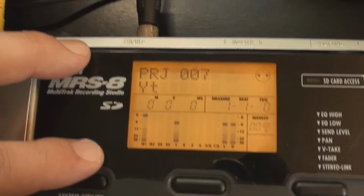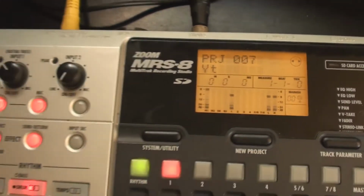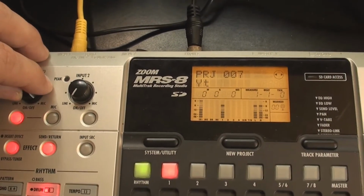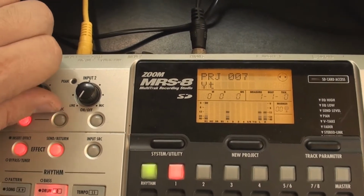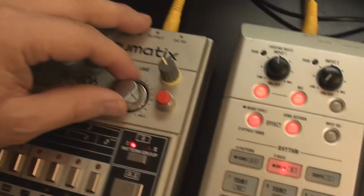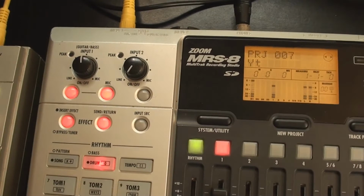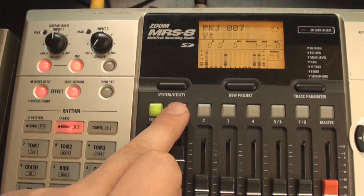It's a bit quiet, so although you can see here that the level's coming in okay, we can twiddle the dial here to get more or less of it. Okay, so that's coming in 1. If we go like this,